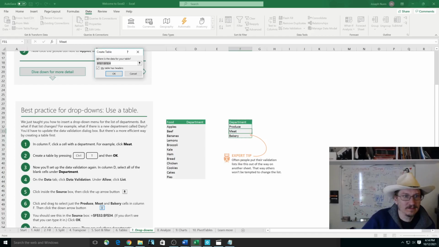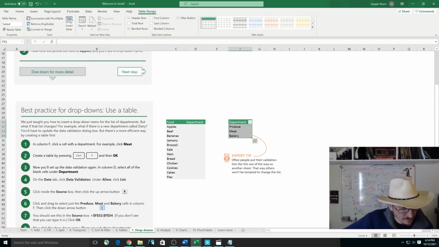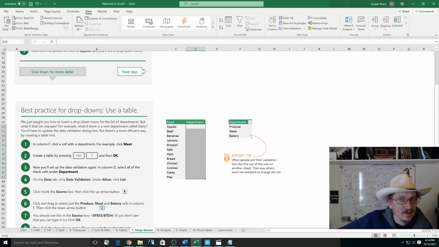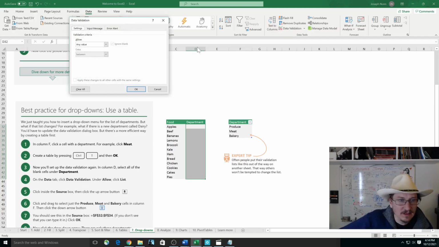Hit OK. In column D, okay, there we are. You go to data validation. So remember, what we're doing here is